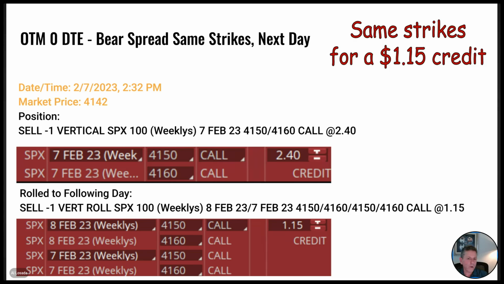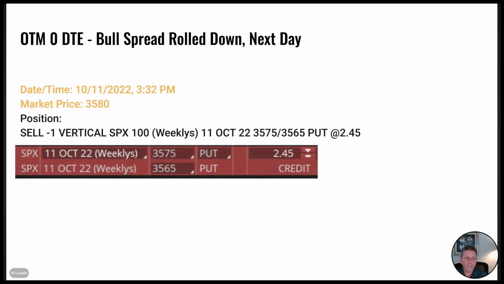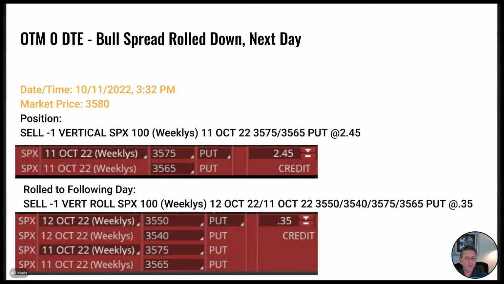So you get less of a credit for calls. That's how it always is, pretty much. Now we have a bull spread rolled down. Instead, we rolled it down. So we went from that 1.75 position now to 35 cents. So we rolled it down 25